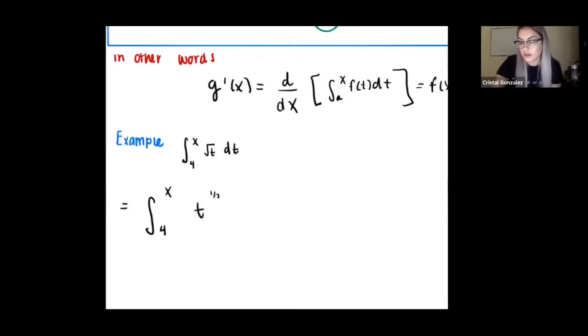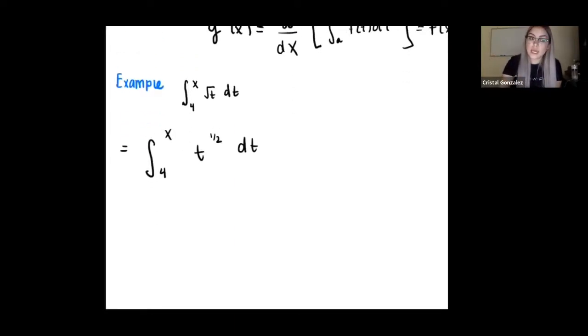Okay, so all I did was rewrite this function here so that I can do that backwards power rule for integration. When we integrate this, we add 1 to the exponent, which is adding 2 over 2, and then we divide by it in the front. So hopefully we've all gotten comfortable with doing the backwards power rule. And so that's going to be 2 over 3 t to the 3/2 power